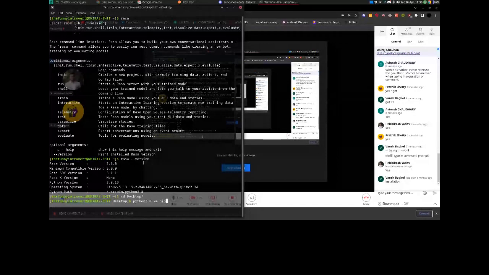Rasa init will just create a sample project for us directly. You can think of it as a direct sample chatbot for us, and whatever is inside it and making the chatbot better, we will do after that. Okay, so let's just click it and please enter path. If you don't want to change it, I will just do this. But before that, let's just do Control C right now. So I will create a directory, let's say chatbot. I will go inside chatbot and then I can initialize it.